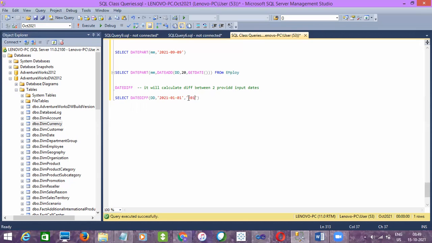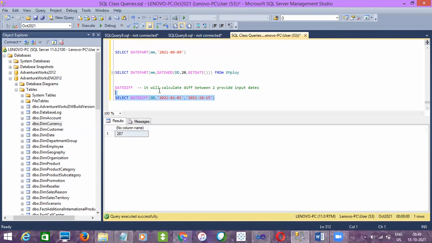And then one more value, 2021-10-15. So I want to calculate from the beginning of this year till date, how many days. All right, so the code is DATEDIFF of day, and then the beginning of the year date and then today's date. So it will give the difference of values in days. See here, 280 days, it's been 280 days in this year.